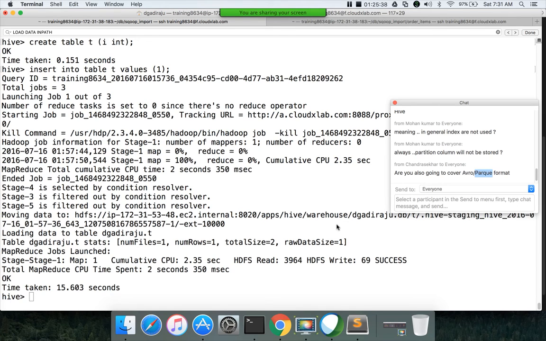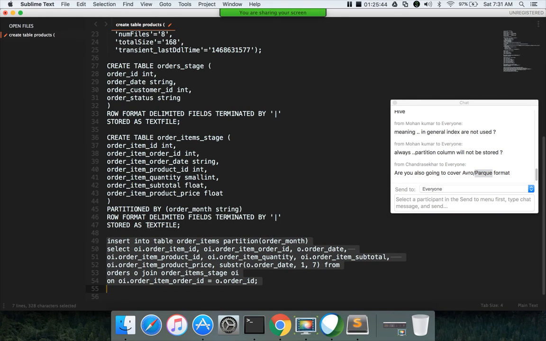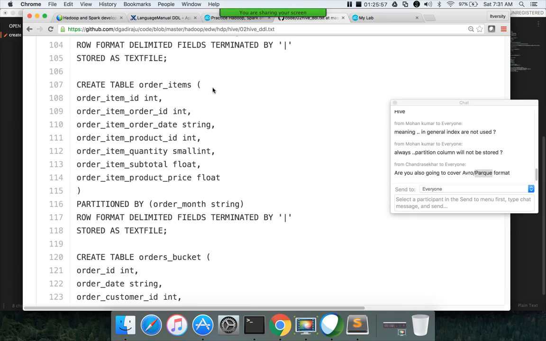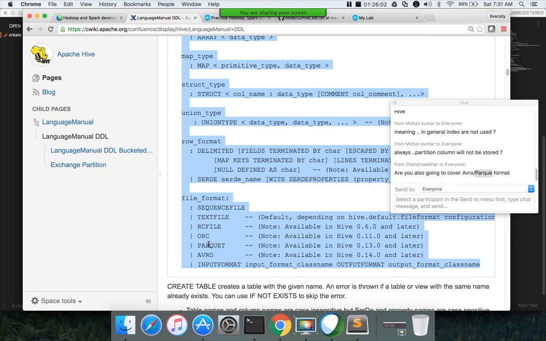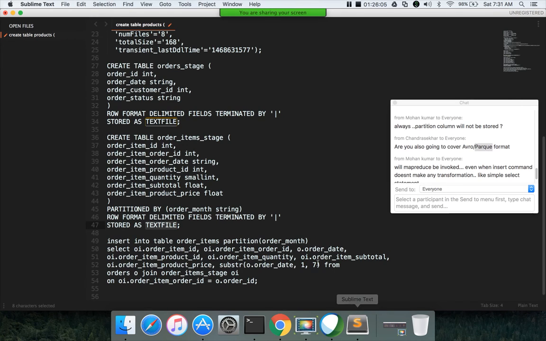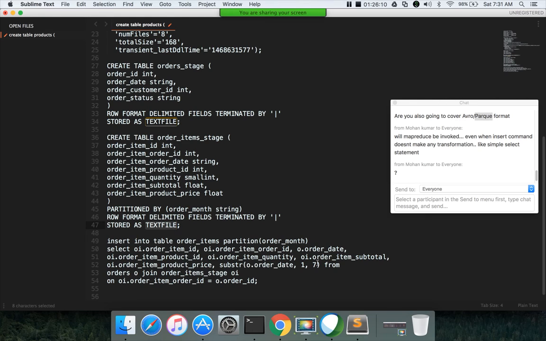Here, when you try to create the table using a particular file format, you just have to say stored as the file format. Whatever format you want to give, whether it is Parquet file or Avro or ORC, all are supported as part of Hive. You can see those things here. You just have to specify that, and then select from the table and load into that. The transformation will happen automatically and will load data with the format you are looking for.